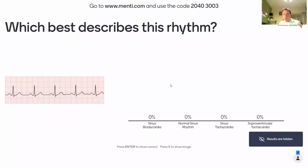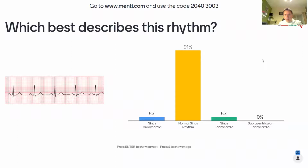20403003 at menti.com, and that will allow you to answer the question. When enough of you have answered, I'll pop up the results. It's around 50 of you tonight, so let's see if we can get half of you on the quiz. So A, B, C, or D, which best describes this rhythm? Sinus brady, normal, sinus tachy, or supraventricular tachycardia, SVT? Lovely. Let's see where everyone seems to be going. Good. Nobody's saying SVT. A couple of you saying sinus brady, a couple of you saying sinus tachy, the vast majority saying normal sinus rhythm,